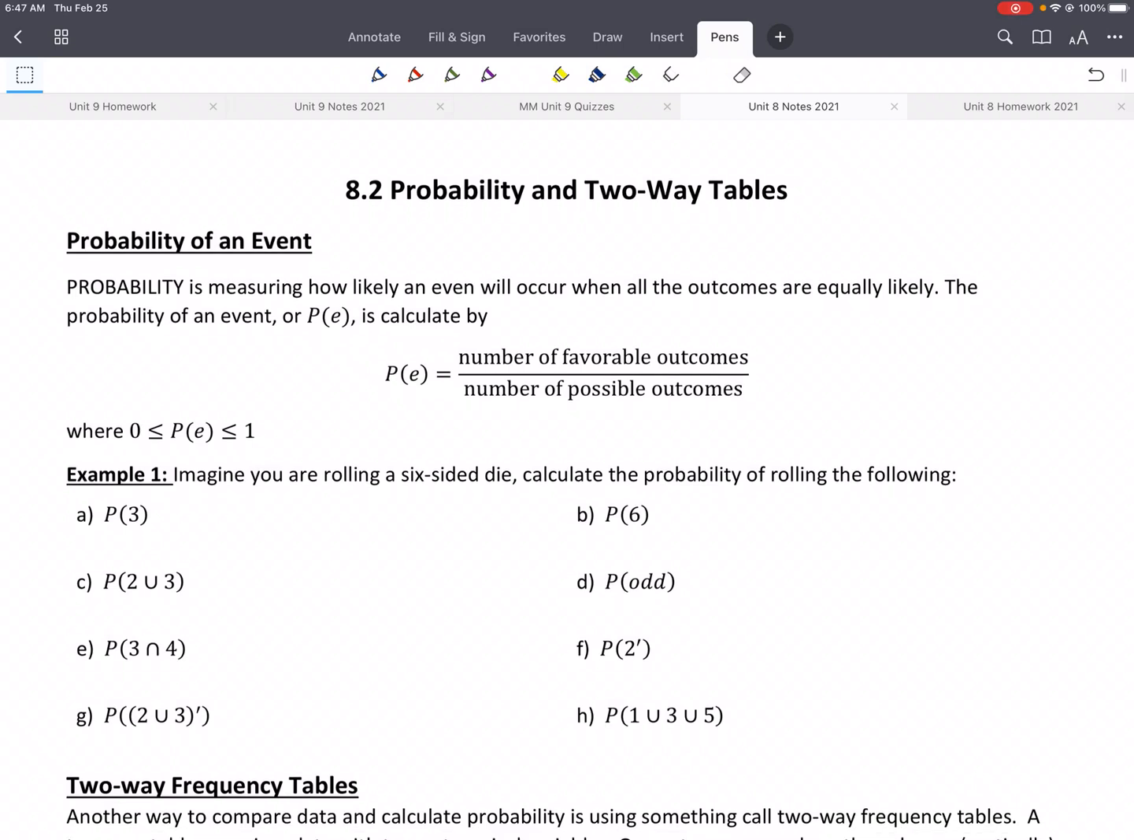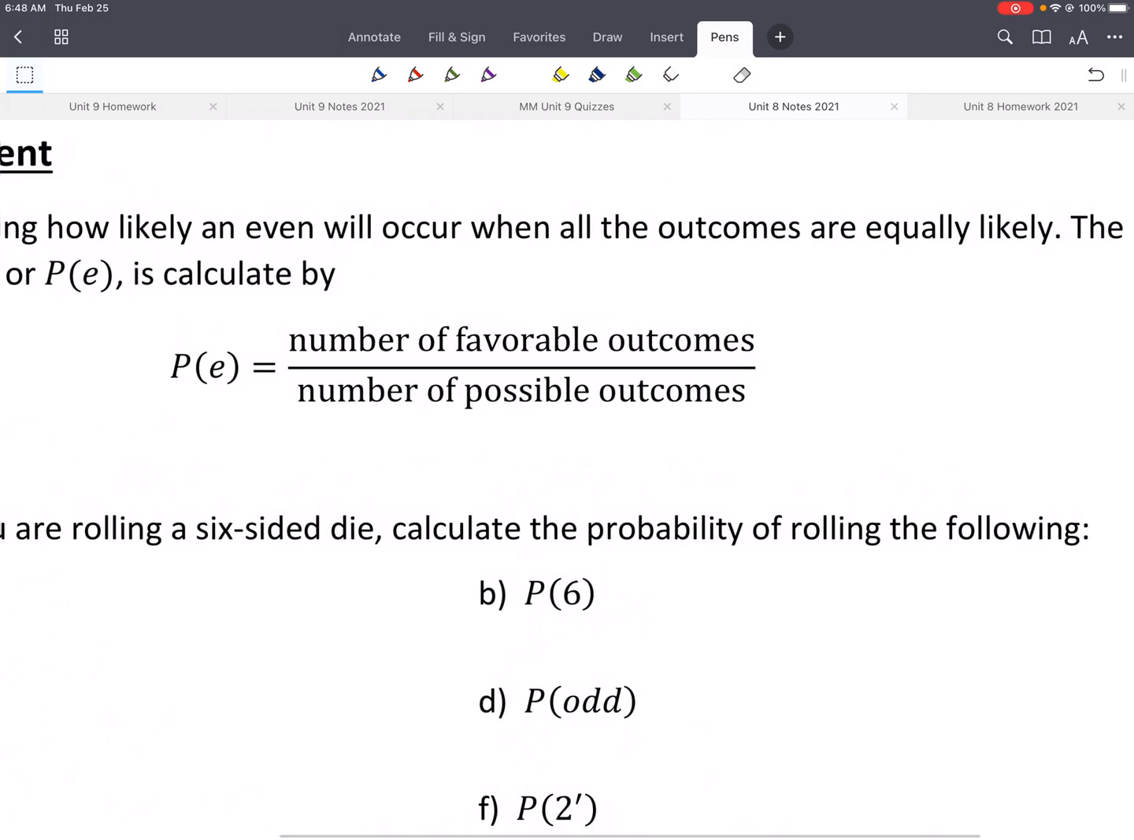Probability and two-way tables. All right, so today we're going to get into probability. Again, probability is the measure of how likely an event will occur, given that all the outcomes are equally likely. So like flipping a coin is 50-50, that you'll get a heads or you'll get a tails. All right, so here's kind of the formula, if you wanted to think of it as a formula for calculating